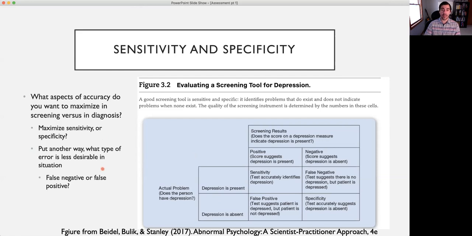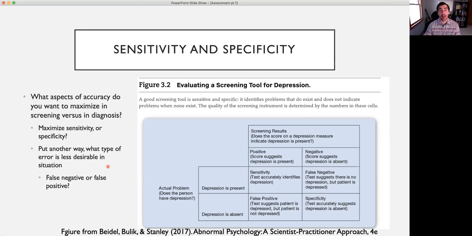And so that's something that you can take a minute to think about. Pause the video if you'd like, or you can follow along as I talk through a couple of ideas about that. It's hard to say that there's one absolutely right answer, because it does depend on what type of situation you're in and what the goal of your testing is.